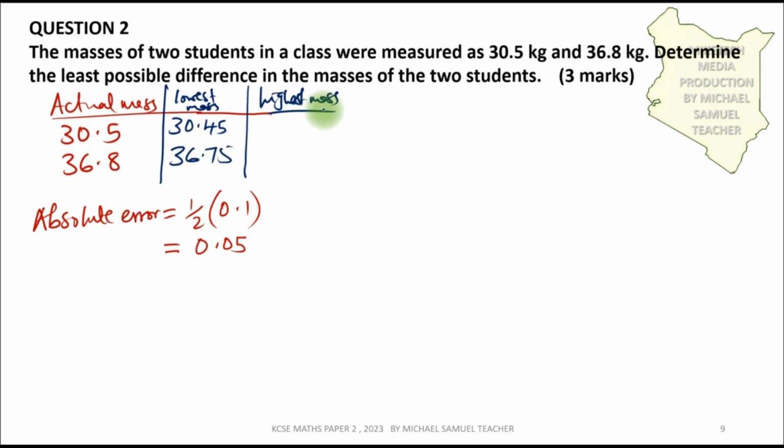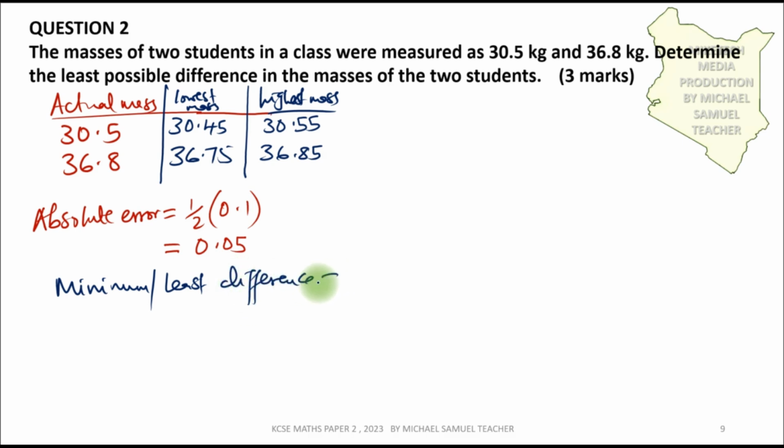And then for highest mass, the one measured 30.5, we add the absolute error and we get 30.55. For the other one, we add 0.05, we get 36.85. So now we have actual mass, lowest mass, and highest mass. So to get the minimum or the least difference,